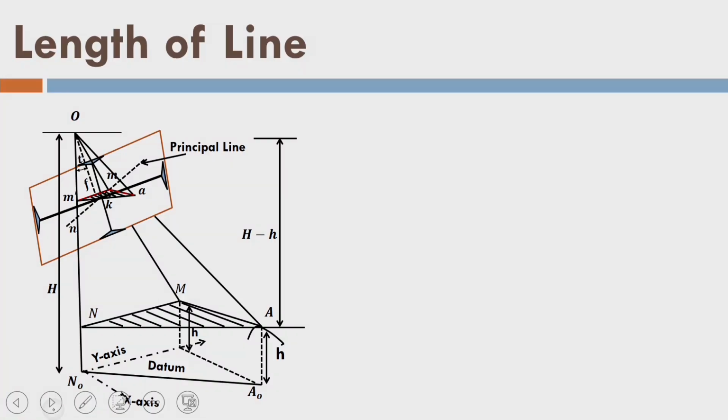So, then I am finding out what could be the distance between the 2 points which I do not want to measure in the field, rather I am measuring from the photograph itself. Let us look into this thing. So, this is a tilted photograph and I can see the triangle here shown by red color. M dash A is in the horizontal plane and the tilted photograph is this. So, I have a plane like this and there is a tilted photograph like this.